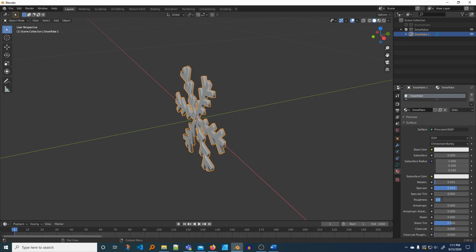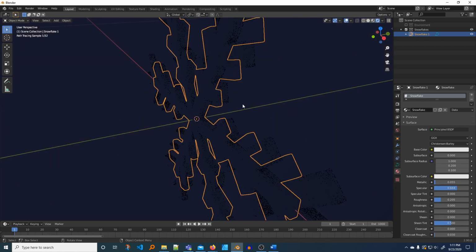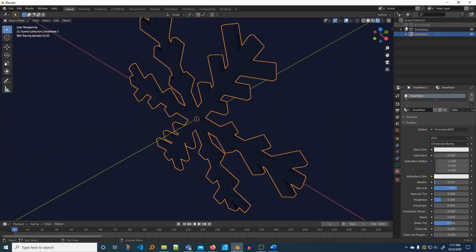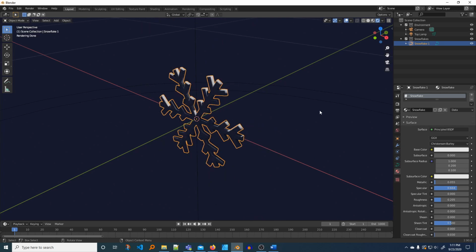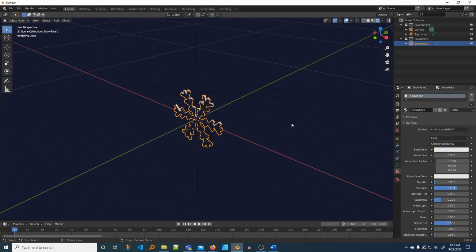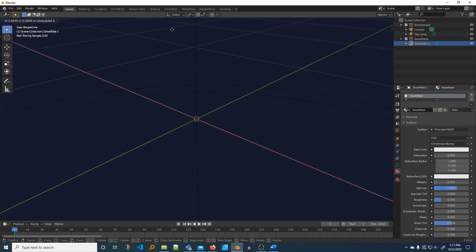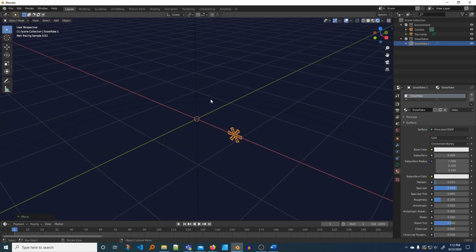and a roughness of 0.205. And so if we go back here and zoom in, enable these, you see that it catches color and some reflection on just the tips, and that's the look we're going for. So what I would do now is grab it in the X and kind of slide it out of the way so it's not in our way as we